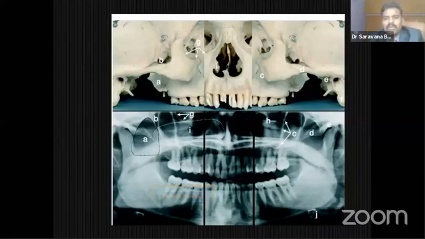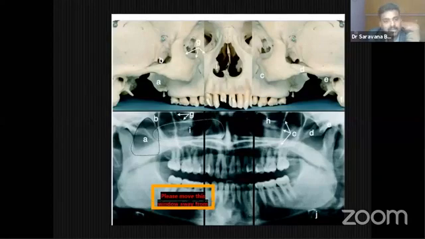Okay, so we have to improve the skills. It is not a single image, it is compressed data of so much information. Not only maxilla and mandible, but the maxillary process of zygoma, zygomatic process of maxilla, zygomatic process of temporal bone, temporal process of zygoma bone, condyle, TMJ, articular eminence, pterygoid region, hyoid bone, styloid process. There is so much information there.